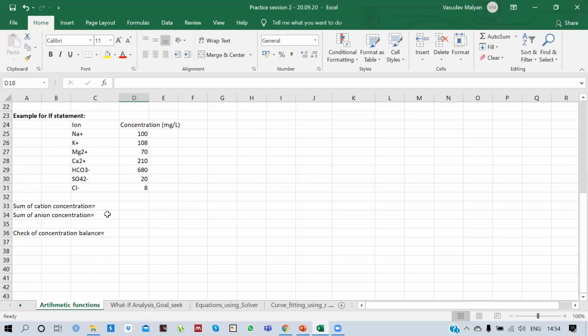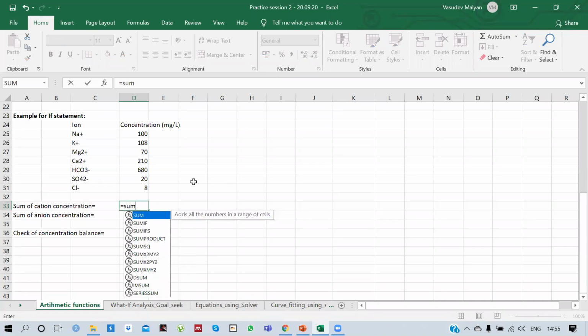Now, I want to see if there is a concentration balance in this particular solution. Let's say we have a solution and all these ions are present in this concentration. I'm willing to check the concentration balance. So I will obviously add all the cations.